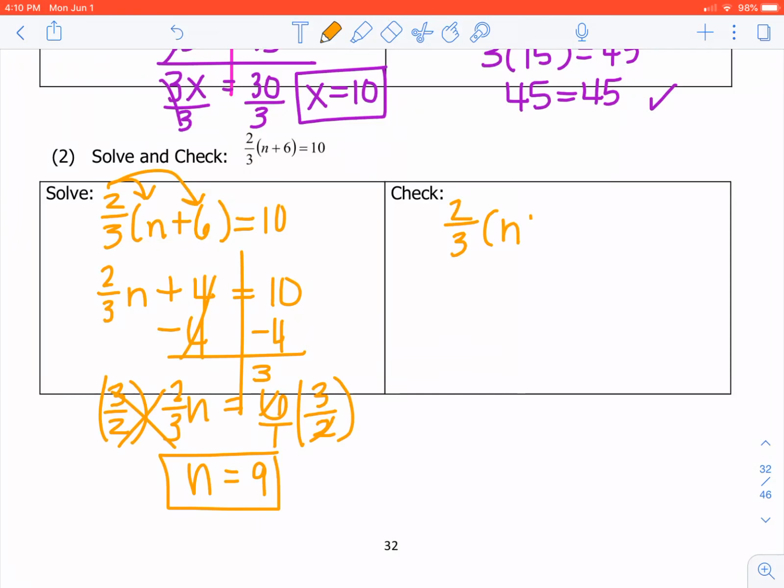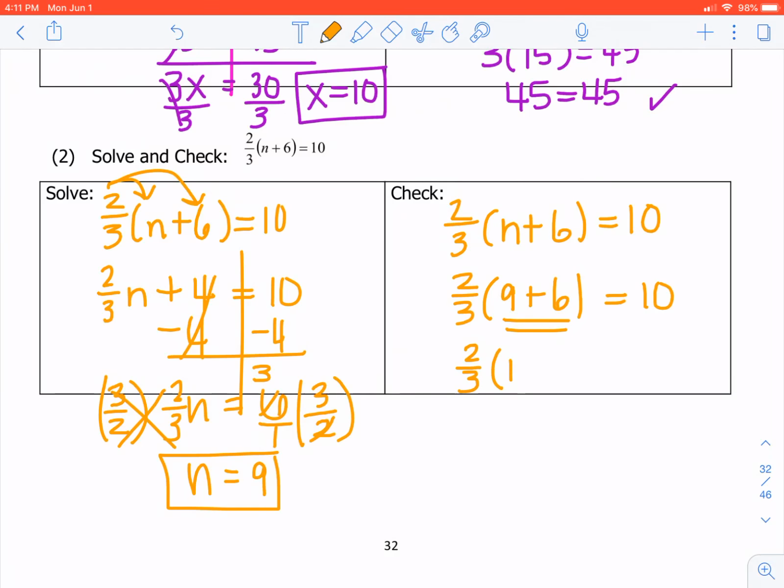All right, so we're going to take the original equation. We're going to rewrite it to do the check. We're going to replace n with 9. Remember, do inside the parentheses first. So 2/3 stays. 9 plus 6 is 15. And when you multiply that, you can use your calculator. You do get 10. So 10